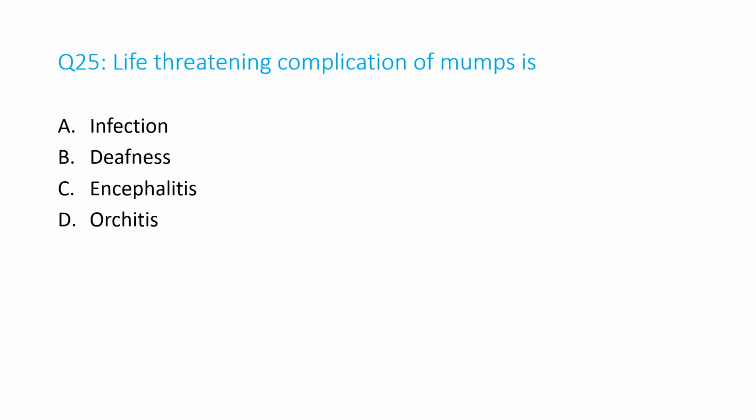Question number 25. Life-threatening complication of mumps is A. Infection, B. Deafness, C. Encephalitis, D. Orchitis. And the answer is